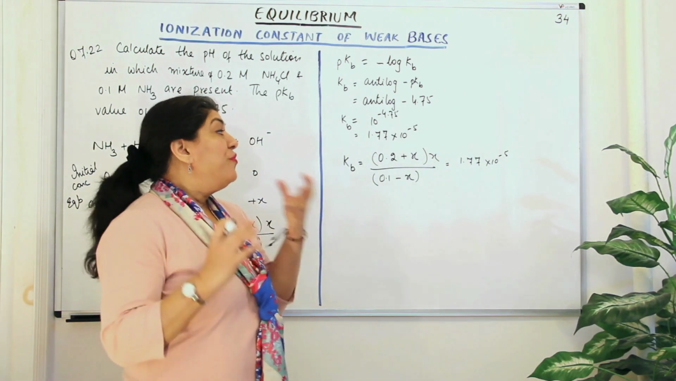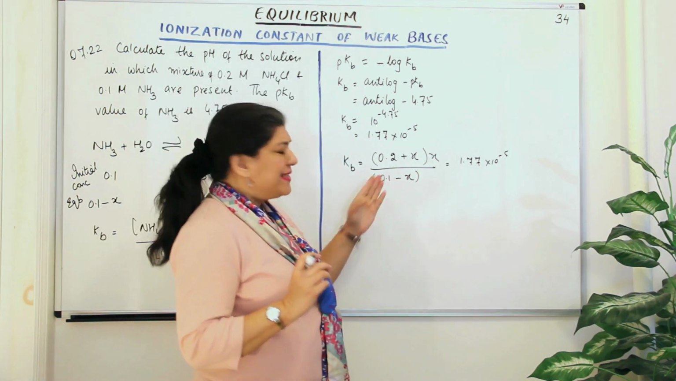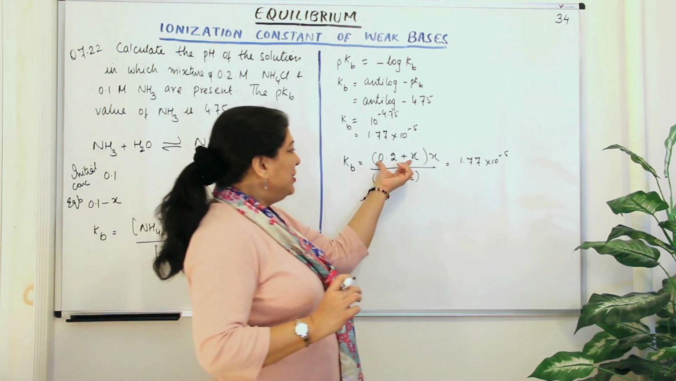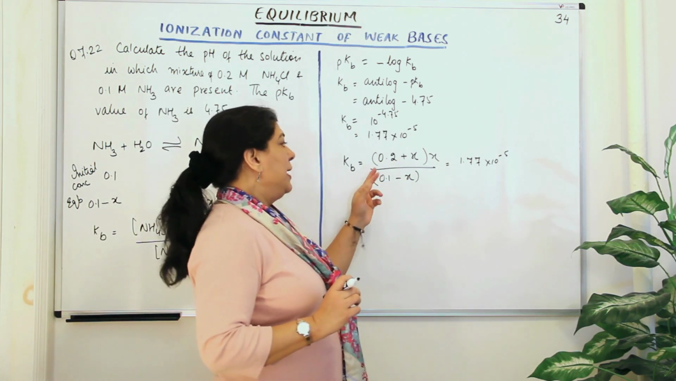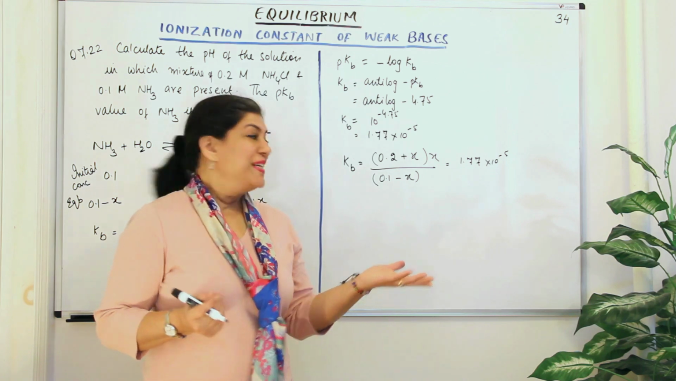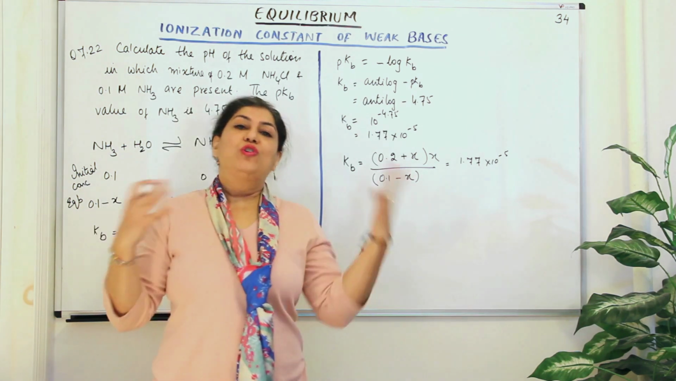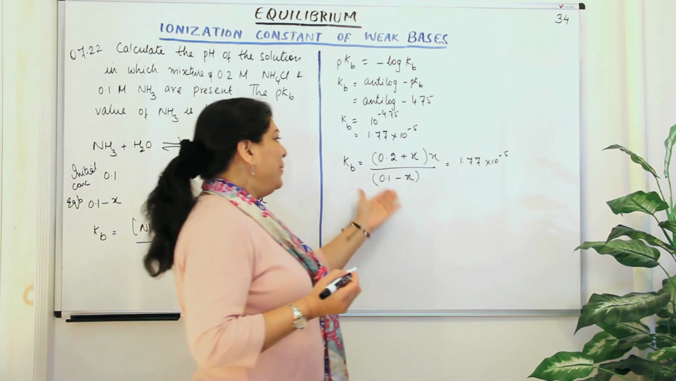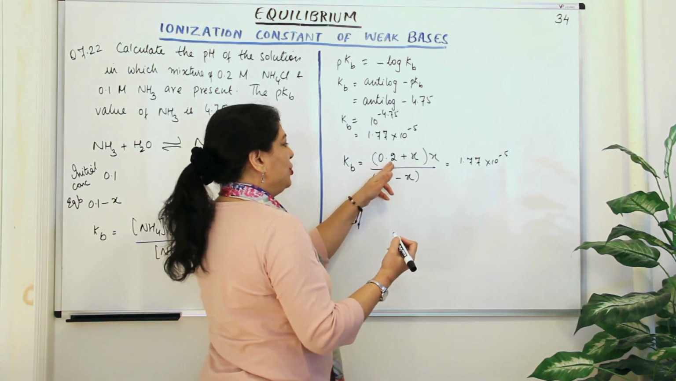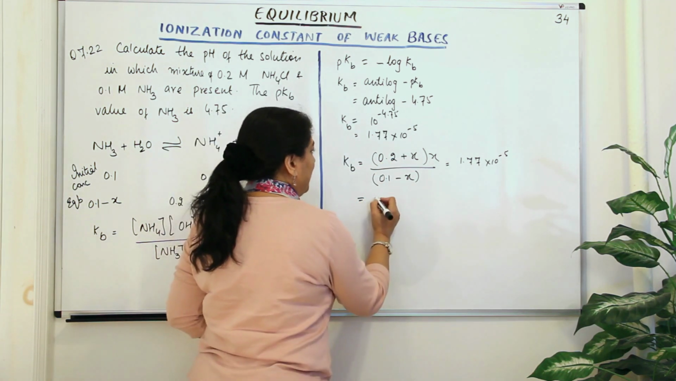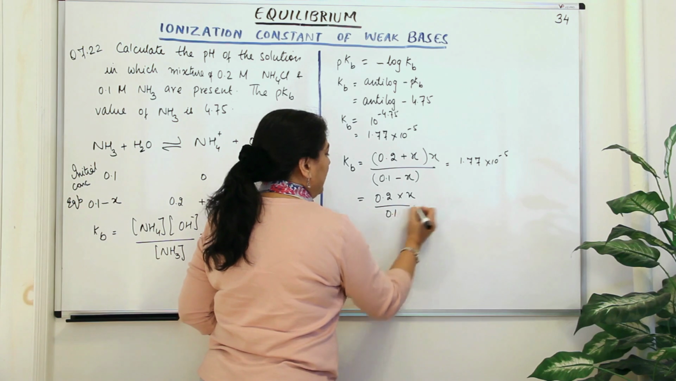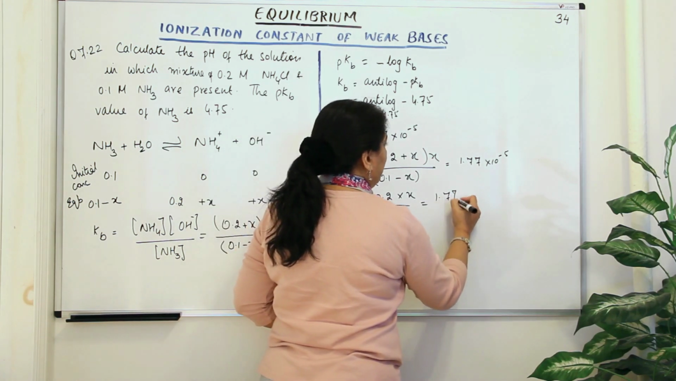The dissociation constant is very small, which means that this amount x is actually a very small quantity. And since it's a very small quantity, for these two values where you have 0.2 as the concentration, 0.2 plus x would be approximately equal to 0.2 moles. And 0.1 minus x would also be approximately equal to 0.1. So we can simplify this by assuming this value to be equal to 0.2 and this value to be equal to 0.1. So this becomes 0.2 into x, which is outside, upon 0.1 is equal to 1.77 into 10 to the power